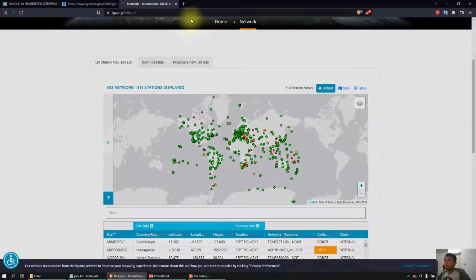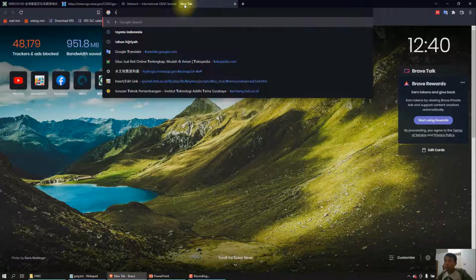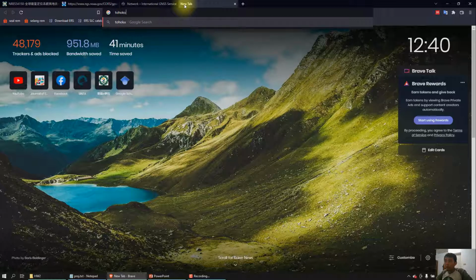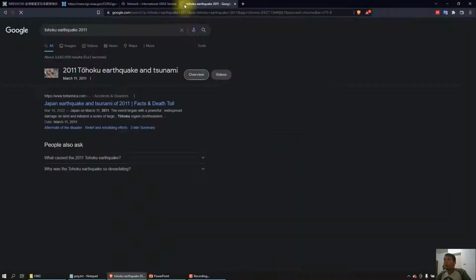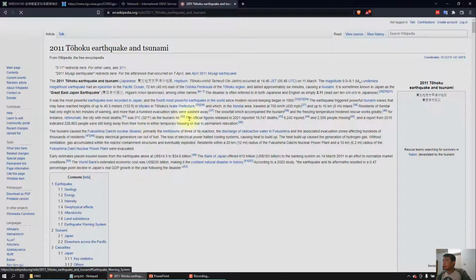If we see the Tohoku earthquake, it was located around eastern Japan.